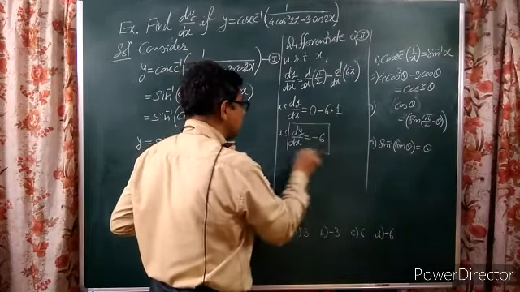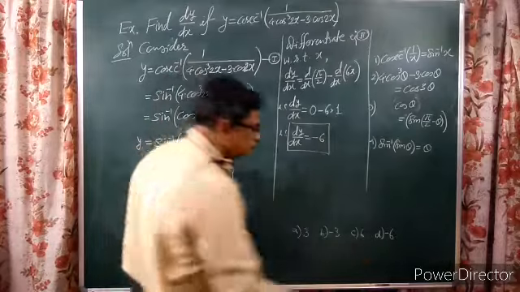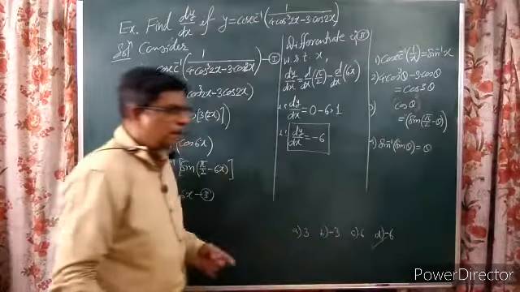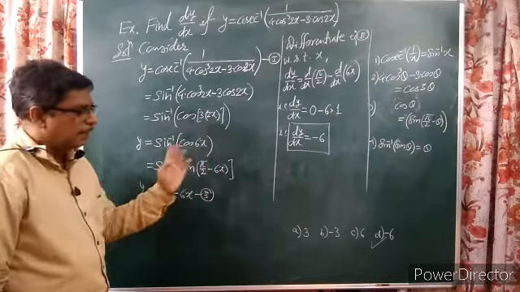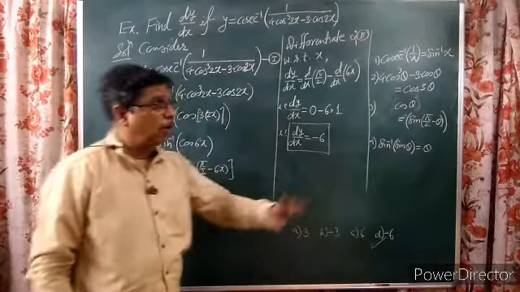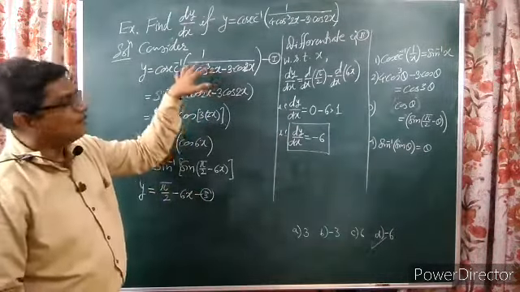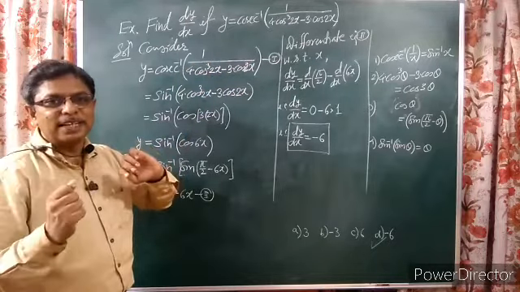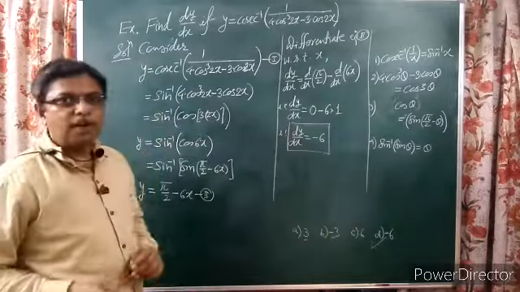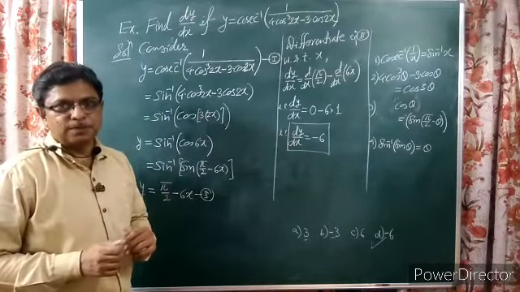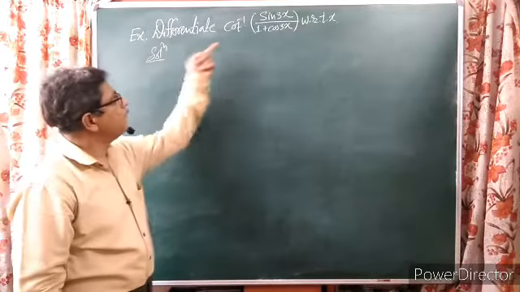This is the answer. And thus for the MCQ, it is here. But some students may make a mistake: using this they may write the answer 6, or some may go here, yes, it is the formula in form of cos 3, and they will miss with these or these answers. So be careful in case of MCQ. Now we'll go for the next example.